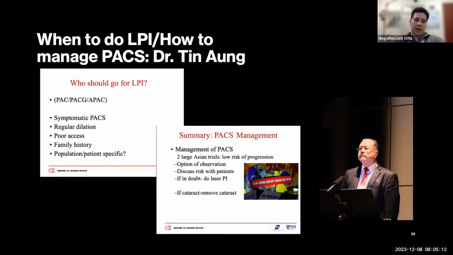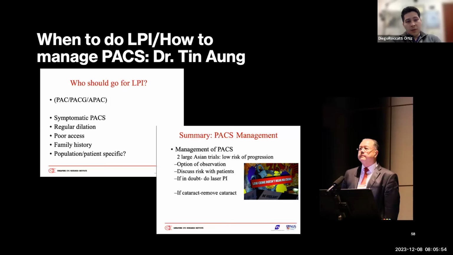So who should you consider LPI a good idea in? Every patient with primary angle closure glaucoma, or a history of acute primary angle closure, are definitely good candidates for an LPI. However, when we're talking specifically about primary angle closure suspects, that's when it gets a bit fuzzier, since what's been shown is that the risk for progression from primary angle closure suspect to actual optic nerve damage or glaucoma is very low. So